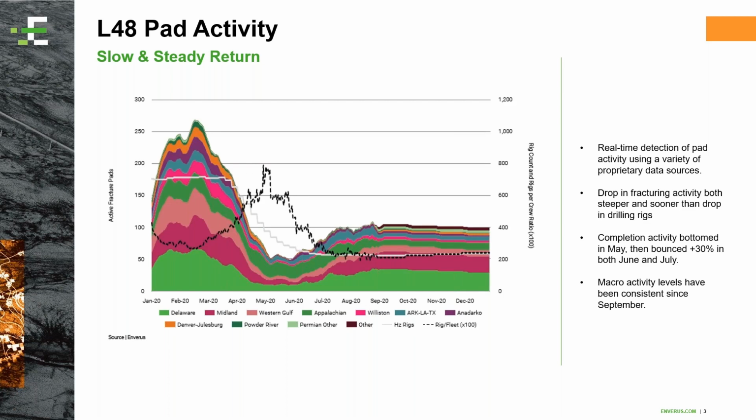And what we're doing inside of there is we're using a blend of proprietary data sources to get real-time detection of where pads have activity and specifically where they have completion activity. We're able to take things that Enverus has always had, really like the rig picture, right? And then by combining it with satellite and telemetry data and some of these other data sources, we're able to be very specific about where completion activity is taking place on a pad. And you're absolutely right.